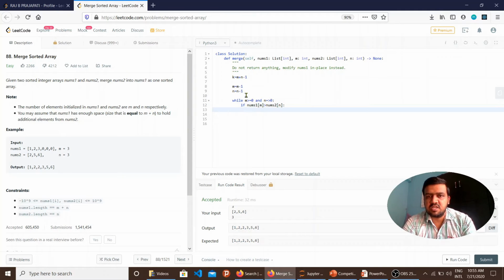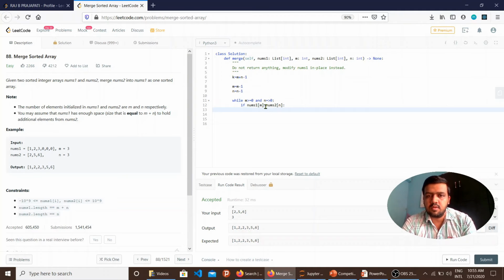So if this condition is true, then as I have initialized k as the last element of the sorted list, which is like the sixth position. If we take the normal base example that I have shown you before, I have initialized k as the last element of the sorted array.